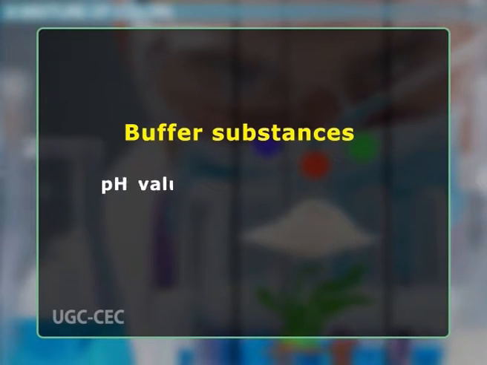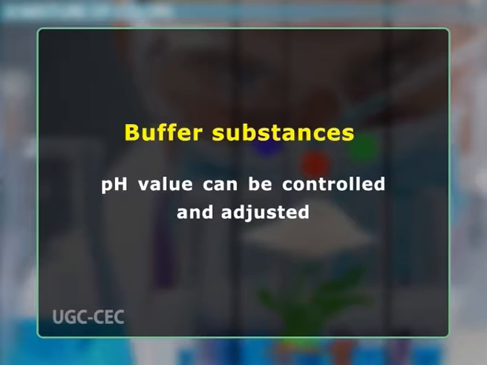Buffers. In ion exchange chromatography, pH value is an important parameter for separation and can be controlled and adjusted carefully by means of buffer substances. In order to prevent variation in matrix and protein net charge, maintenance of a constant mobile phase pH during separation is essential to avoid pH changing, which can occur when both protein and exchanger ions are released into the mobile phase. By means of buffer substances, pH value can be controlled and adjusted.